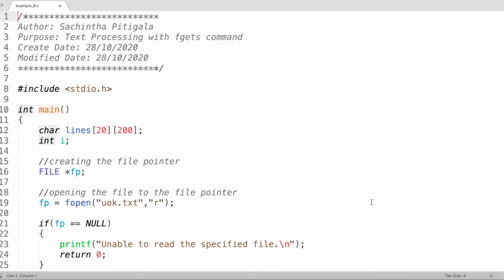In this example, we are going to talk about a new file processing command. That command is the fgets command. The fgets command is used to process or read a sequence of characters, including spaces and